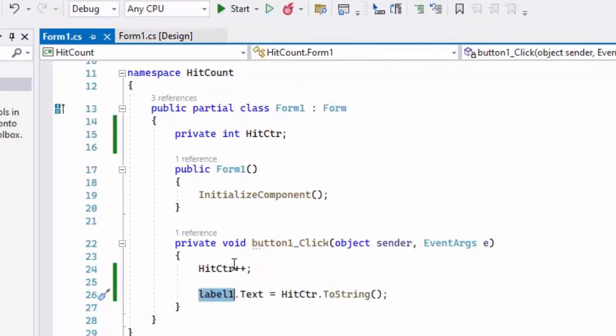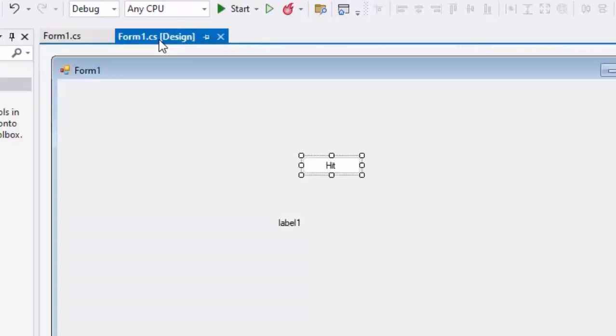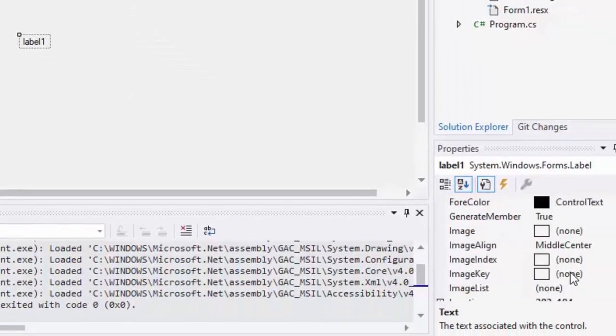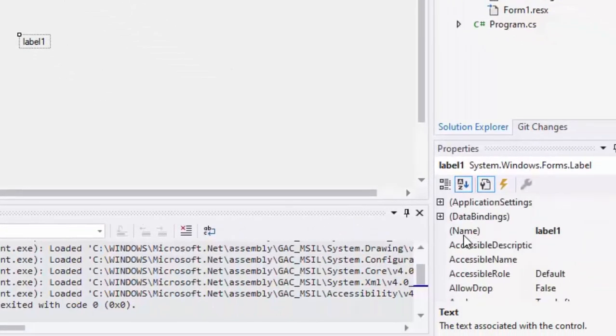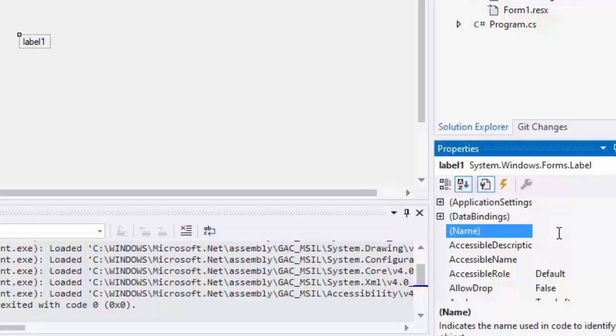So how to do that? We need to go to the design, click on the design. The label here, we need to change the name. Changing the name, the property name in bracket, effectively changes the variable name of the label object. So my practice is that to give the purpose of the label, which is to display the count, spell it as just CNT, but the type of the widget is label.